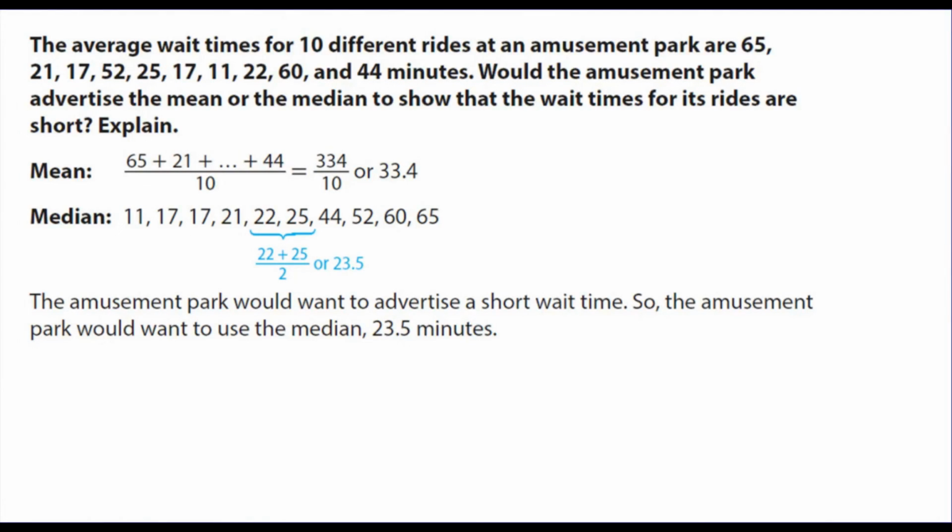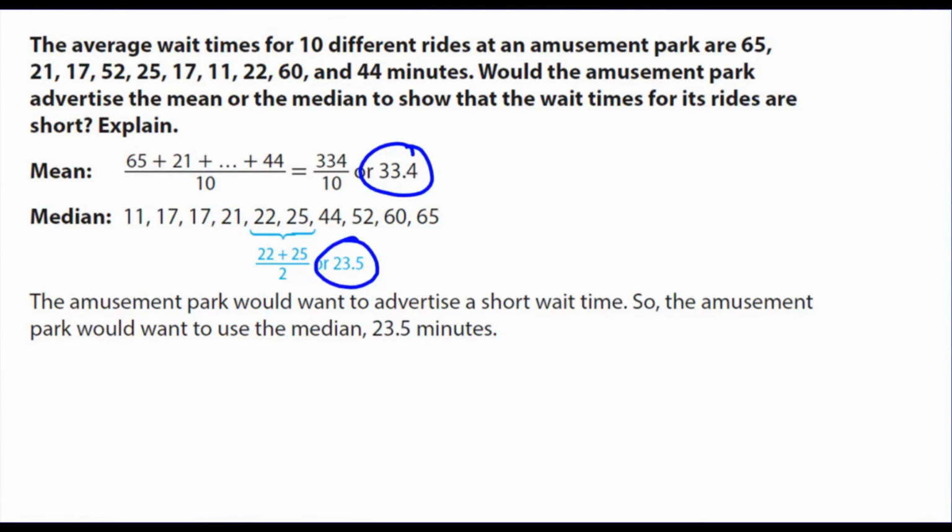Well, if we calculate both of those, you can see that the average wait time or the mean wait time is 33.4 minutes, and then the median is 23.5 minutes. So you can see there's quite a difference here between these two. And because we had an extreme value that brought our mean up and made it seem quite a bit larger. So if I had to choose between these two, the amusement park would probably want to advertise the shorter time. So they would use the median here to say that